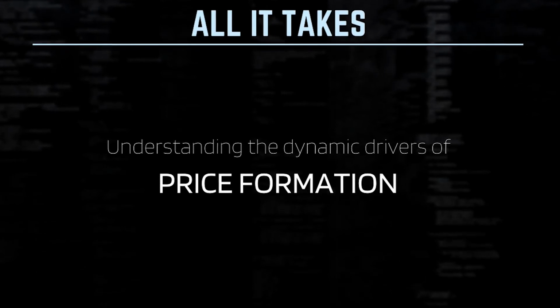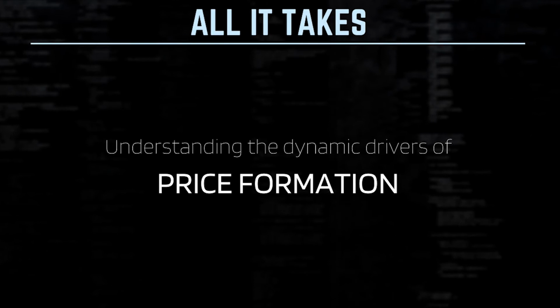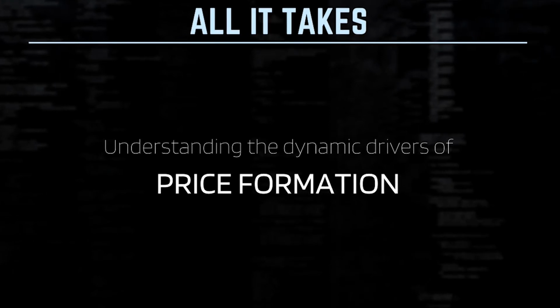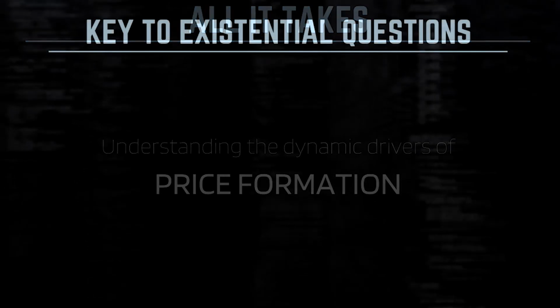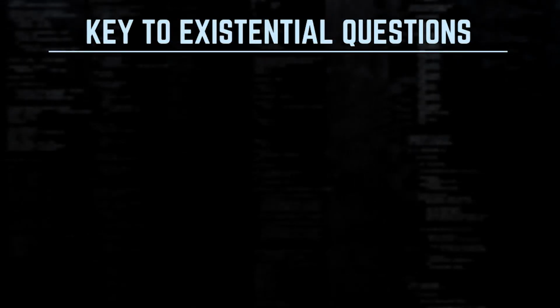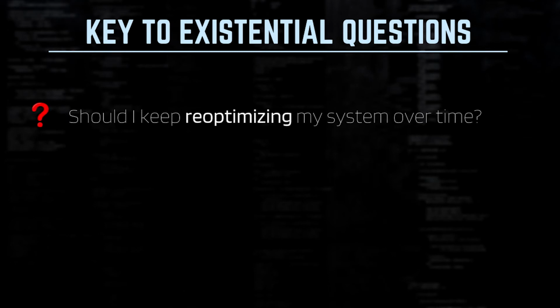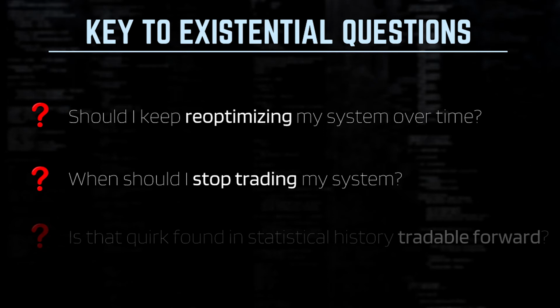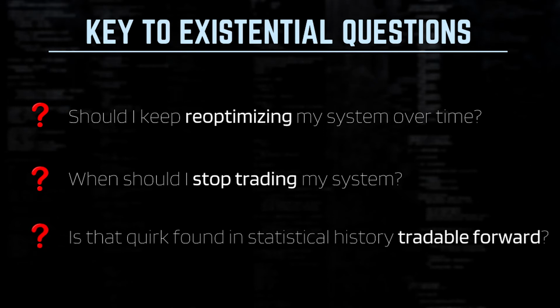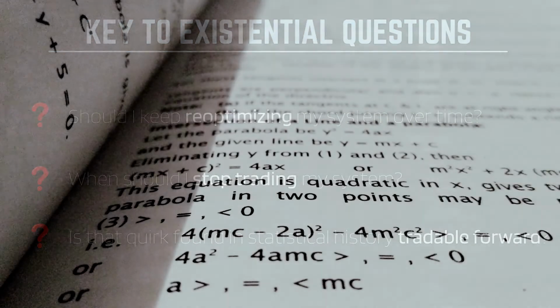One thing's for sure, if quantitative trading is indeed more about math than it is about computing power and coding, a lot of those dire flaws that continue to plague quantitative trading can suddenly be fixed, not least of which being the recurring issue of decaying performance and the classic questions such as, should I keep re-optimizing my systems on a regular basis? When should I deem a trading system broken and stop trading it entirely? Or how can I tell a statistical artifact found through data mining from a consequential, physics-based relationship found through math?